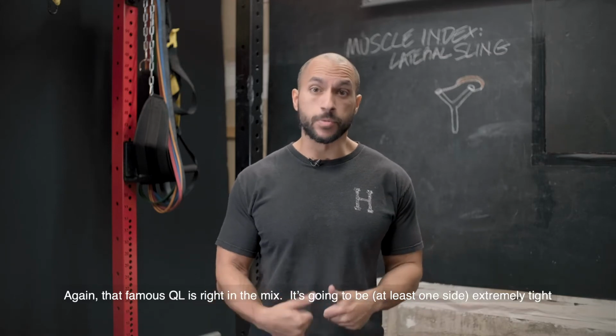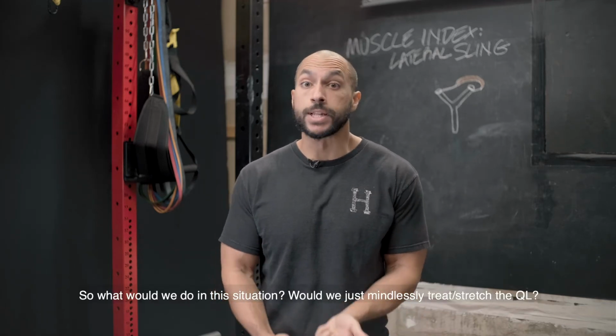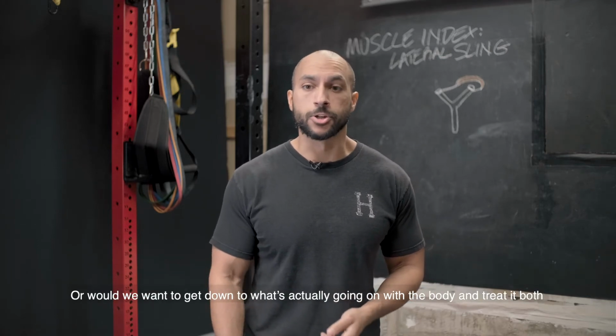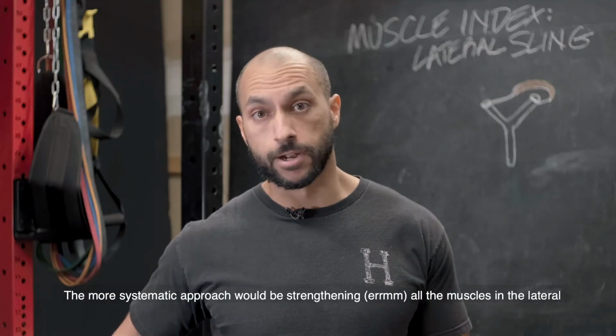It's going to be extremely tight, pulling your spine to one side, right? So what would we do in this situation? Would we just mindlessly treat and stretch the SMR? Or would we want to get down to actually what's going on with the body and treat it both upstream as well as downstream? So the more systematic approach would be strengthening all the muscles in the lateral sling in